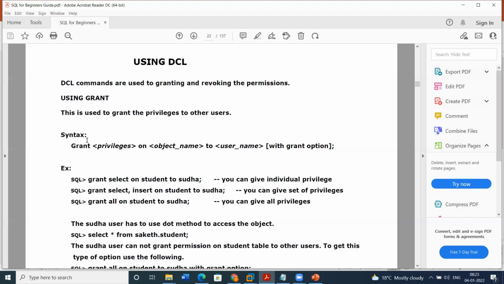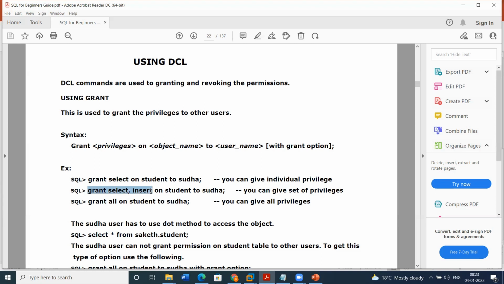In that case, we need to give permission to that particular person. So what is the syntax for that? Using grant, what kind of privileges, select privileges on that object. Grant privileges on the object name to the user. So we'll be using grant select on the table to Sudha. So this is the syntax.